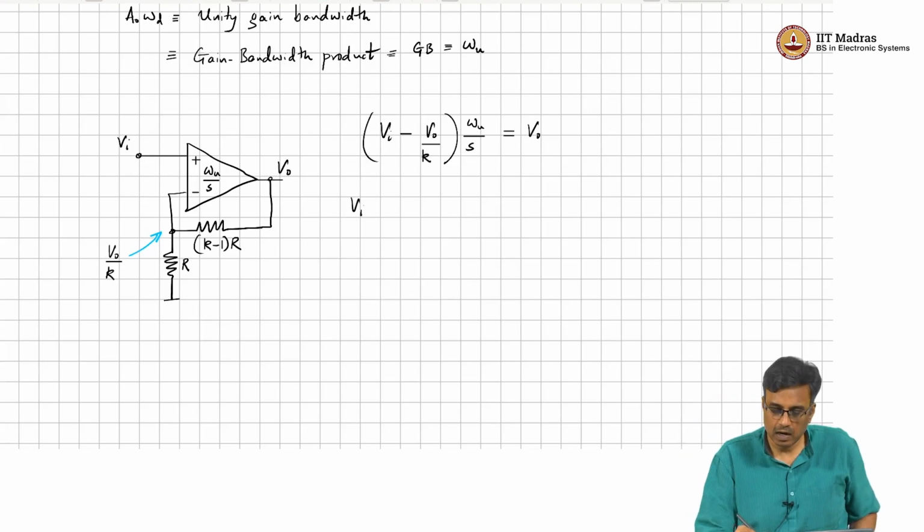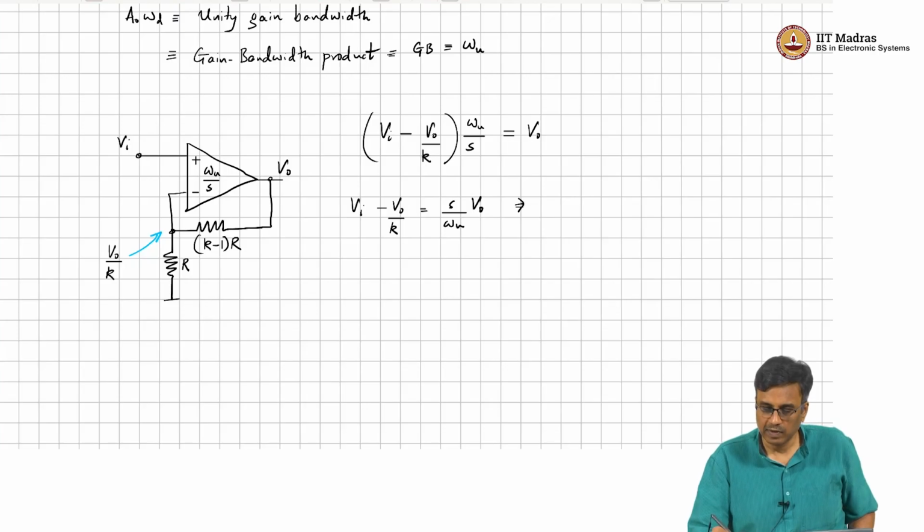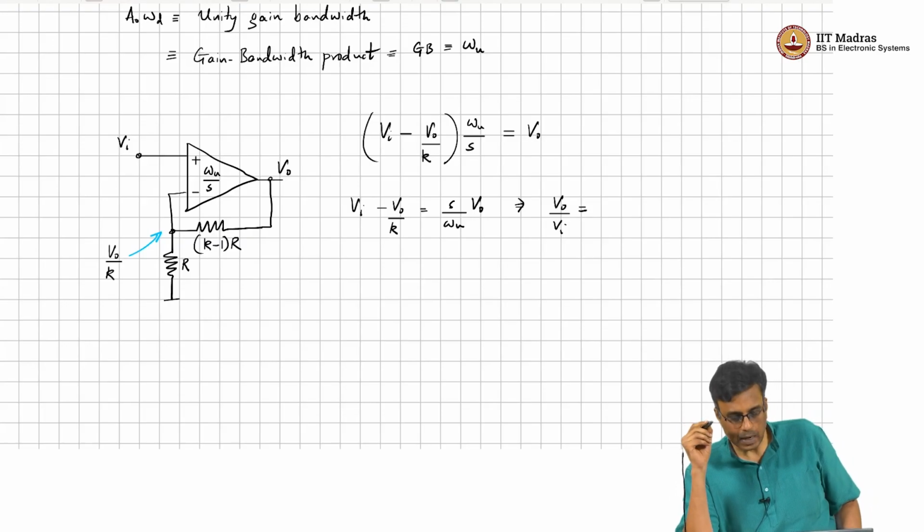So (V I minus V naught) by K must be equal to S over omega u times V naught, which therefore means that V naught by V I, the transfer function between the input and output, is given by